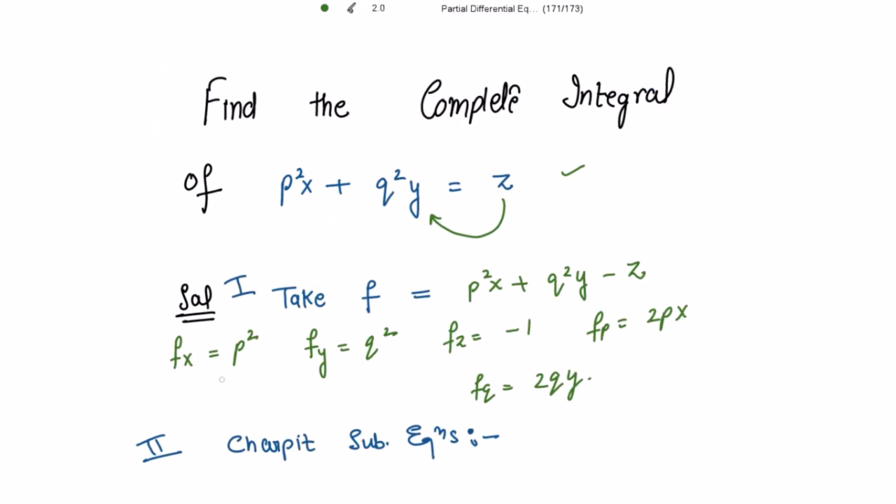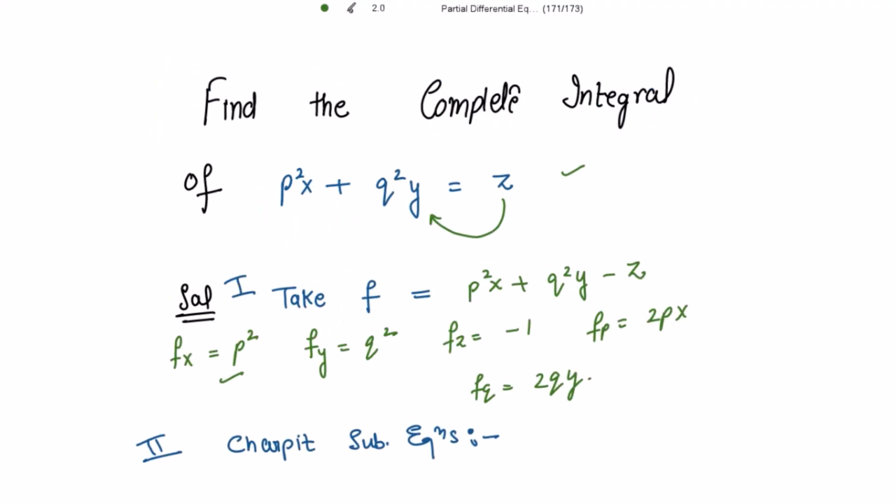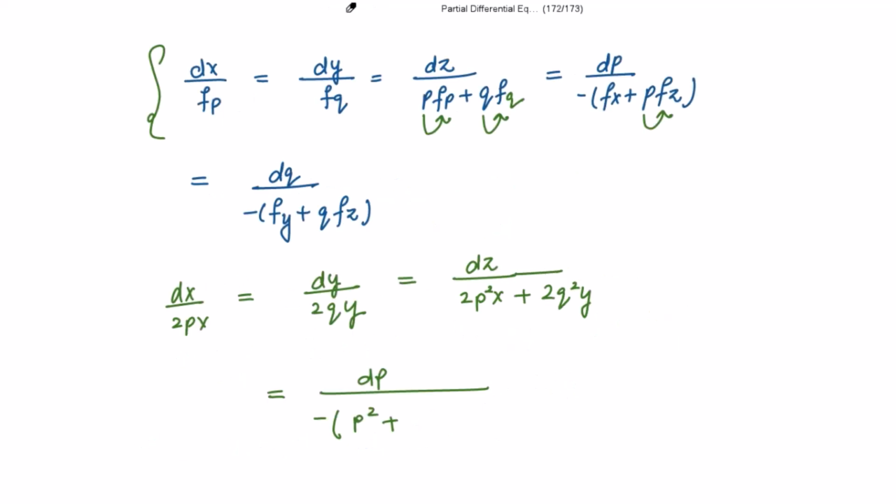Fx is p square, so this is minus p square plus p into fz. Fz is minus 1, and when multiplying with p we get minus p,